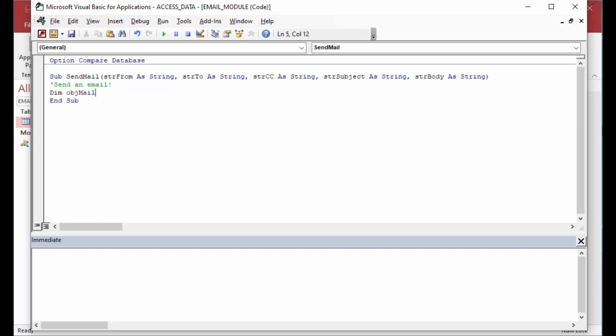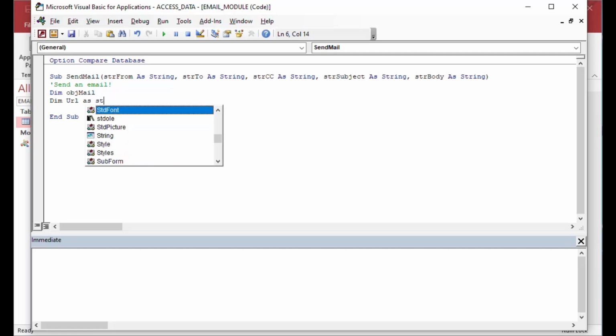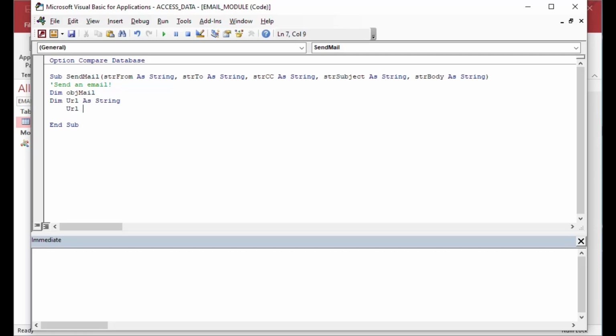And so I'll create a mail object. I'm not going to put a data type on it. And then I'm going to create a URL string, so I'm just going to make a string variable. I'm going to put this Microsoft schemas string in there. That's been used for a very long time. And we're actually going to concatenate that with some different variations of it so that we can set the fields on our CDO message